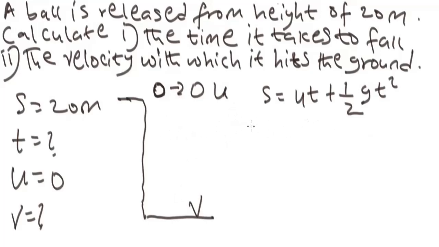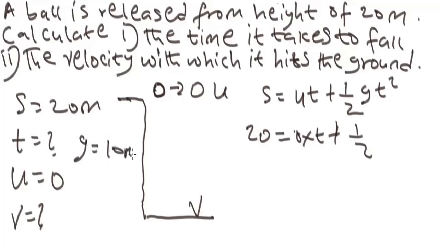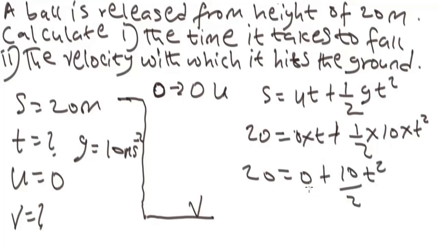When you substitute this value, we have our x distance, 20, equals 0 times t plus half, where acceleration due to gravity, g, is constant, which is 10 meters per second square. So you have half times 10 times t square. When you simplify this, 20 equals 0 plus 5t square. If you cross multiply, you have 20 times 2, 40,